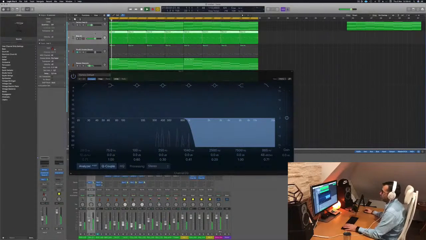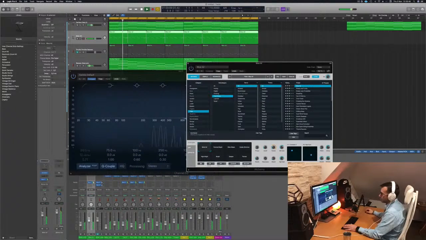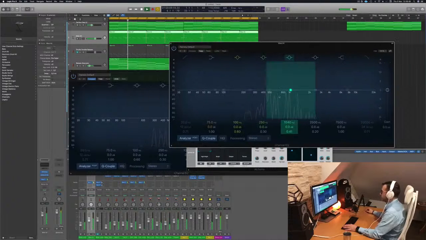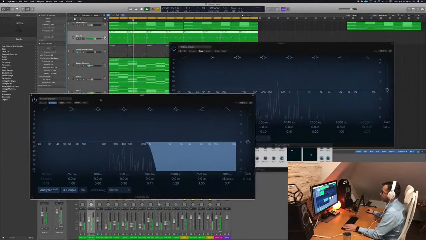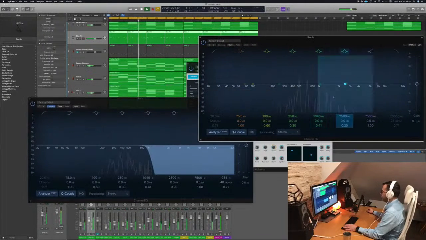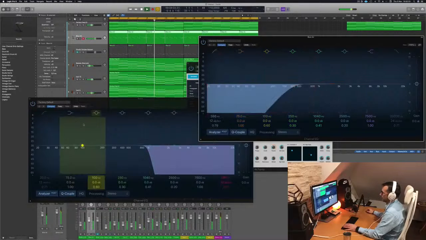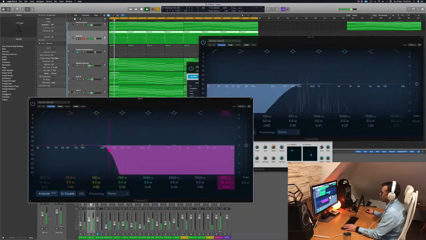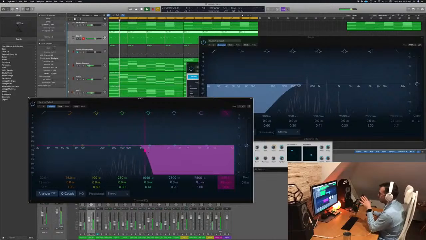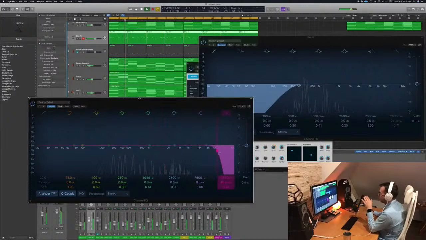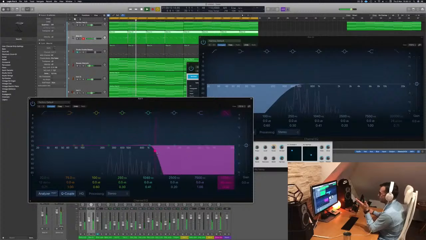I would like the lead to be around maybe 1K, so let's have a look at the lead to see where it stays. It's a bit lower here, but there's still quite a bit of peak here. So to mix the frequency, guys, you do not have to cancel everything. You can leave some. Let's see if I open it. The lead is lost, like in those top frequency of the string. So, but if I cut it like this,